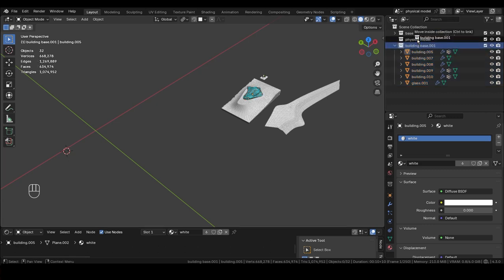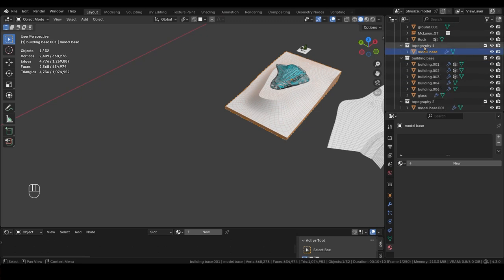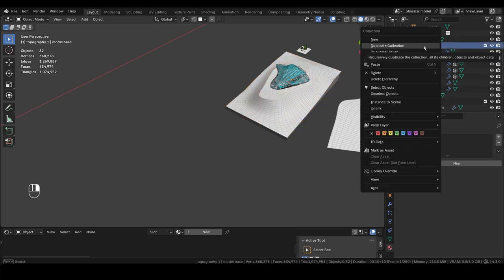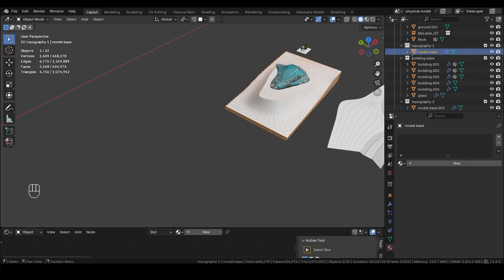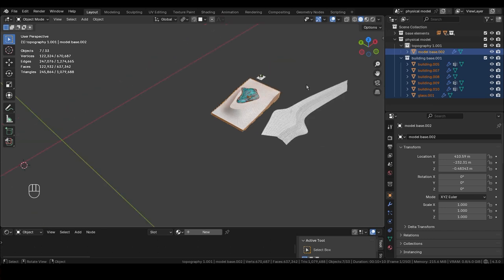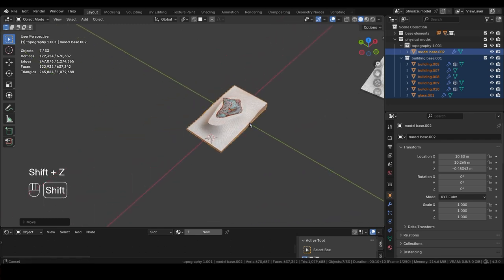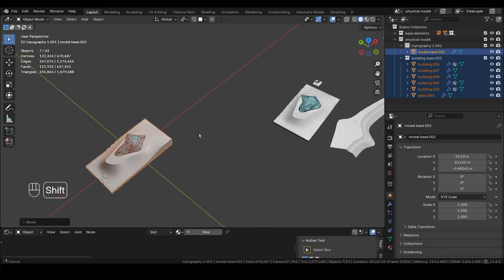I put this building in the physical model, and then I need the topography 1, which is this one, and I'll do a duplicate of this collection, and I will move this new collection to the physical model. So I'll select all of these objects, G, Shift Z, and I'll move them to the origin. And now I also need the tree,